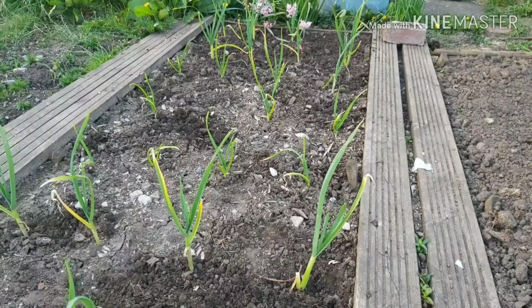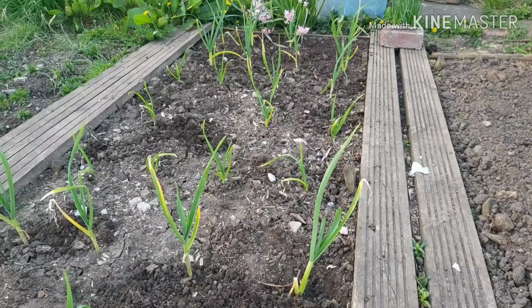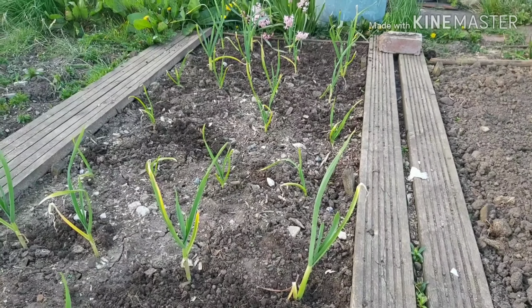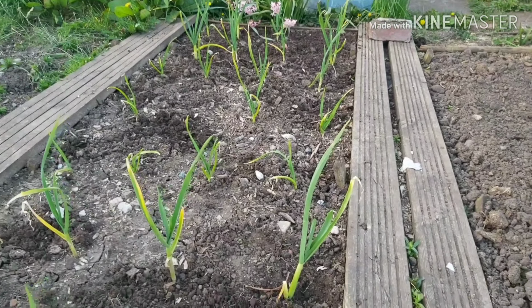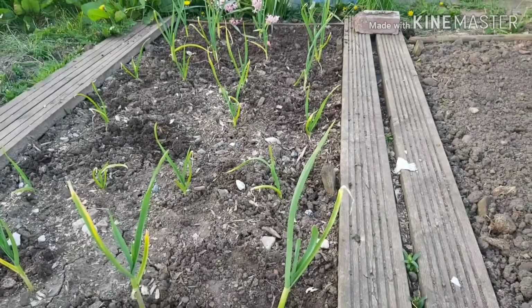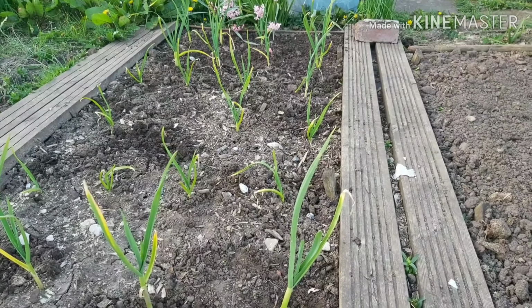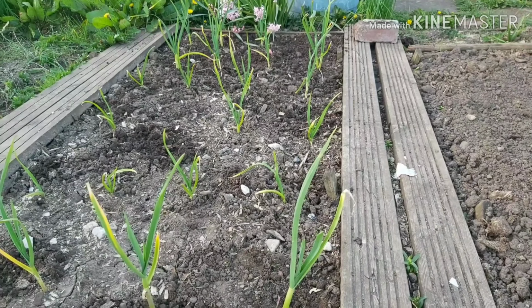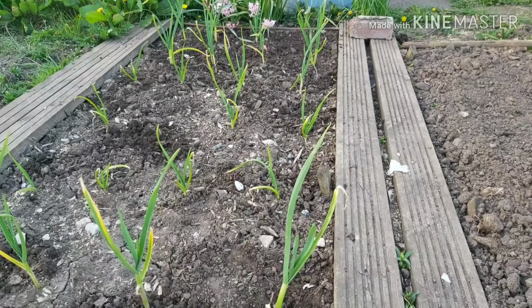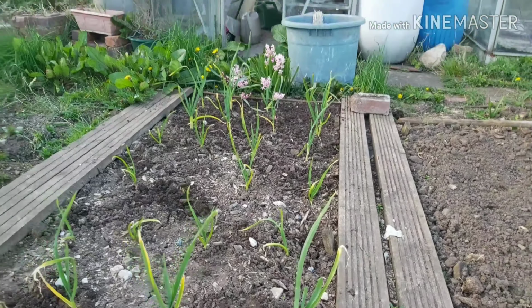So it could be something like any of the cucurbits, squashes, courgettes, pumpkins, that kind of thing, or sweet corn even. So we'll see what time of year it is once these garlics get harvested. Once they're ready, they're nowhere near ready yet, and then we'll see how much time we've got left to get another harvest of something else, get another plant in there, let it grow on, and then yeah, we'll see. Right, so